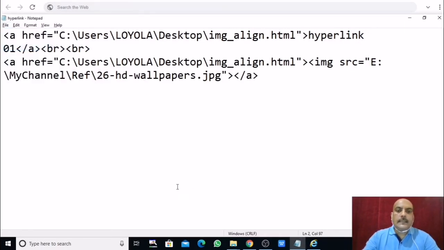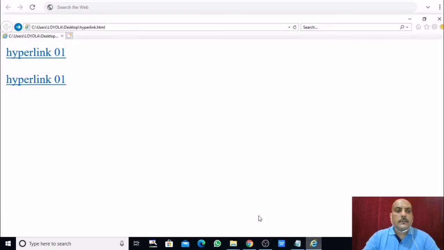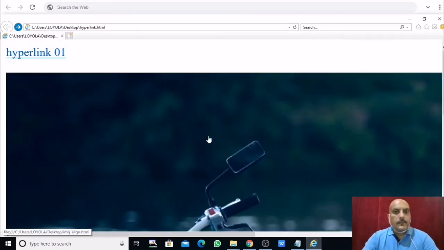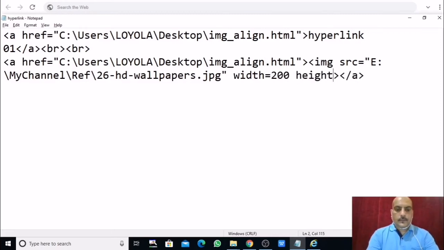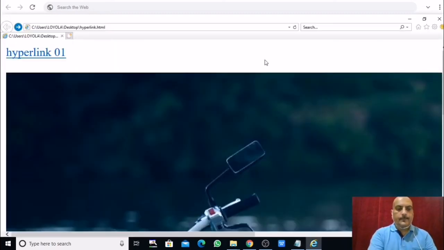Save. It is already saved now, only Control S, and then see here: width is equal to 200, height is equal to 200, save and see.